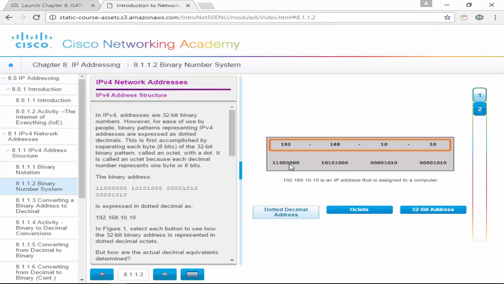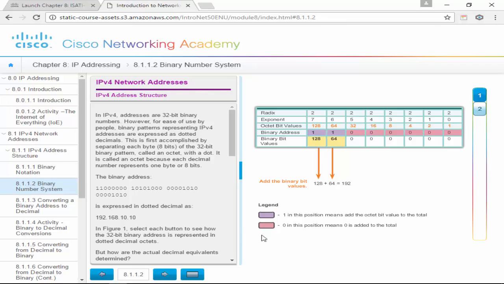This is the binary for 192. It's right there. Binary for 168, right there. Binary for 10, right there. Binary for that 10, right there. Notice they're the same. Okay, so how do we get this? Well, we've kind of gone over this in class, but basically